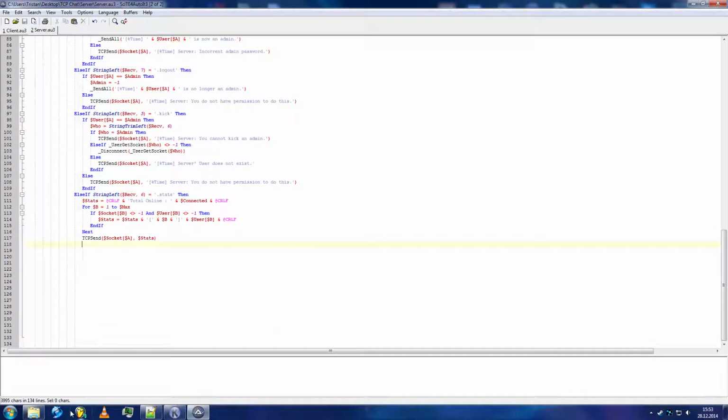Next function as an admin is getting the IPs from the users which are connected to your server. So string left from receive, let's see, IP, that's .ip, that's 3, equals .ip, then